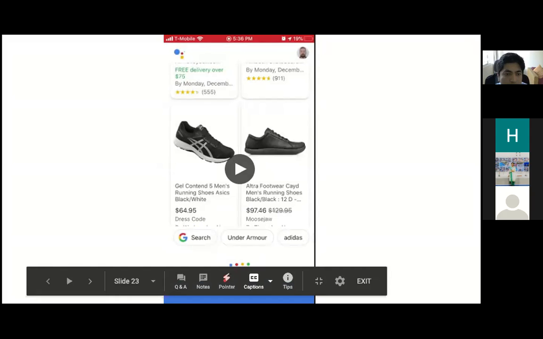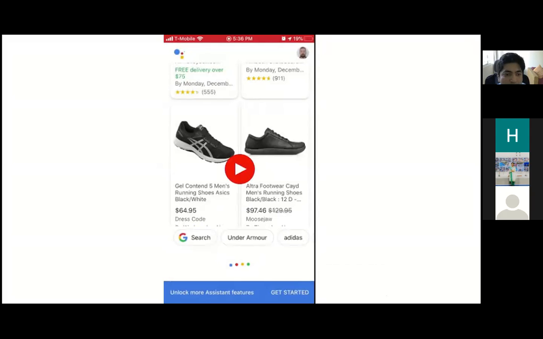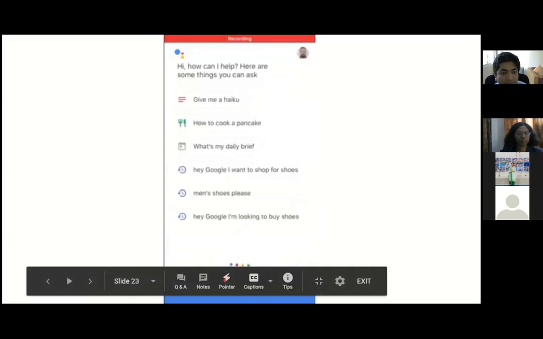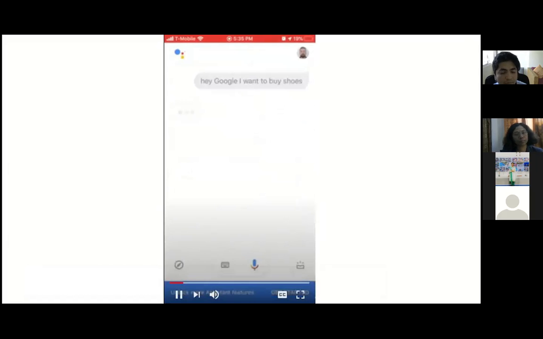Okay. So this demo is launched in the US. This is Google Assistant, and the user is trying to buy shoes using Assistant, right? So initially they log into Assistant. It's written over here, right? They say, "Hey Google, I want to buy shoes," right? And based on that,